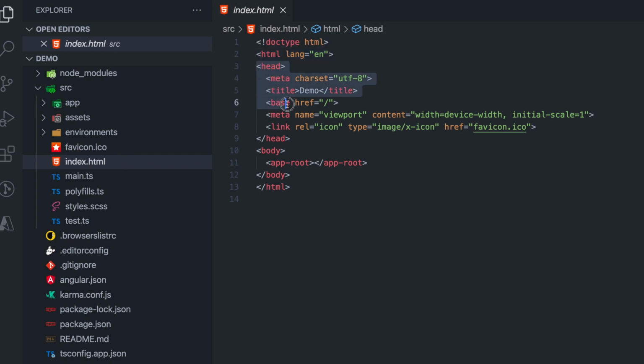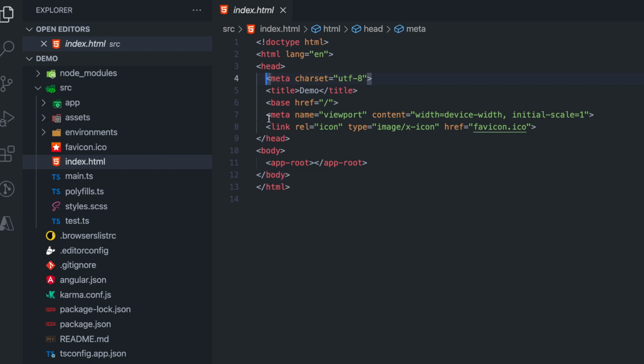Then, as we can expect, there is head and then there is body. But you can see that nothing is present inside the body. When we talked about HTML, as you saw in our video just beforehand, I explained that what Angular does is it breaks our HTML pages into smaller ones. Those things are called components. Those components work together to create the HTML page which you can see on the screen.